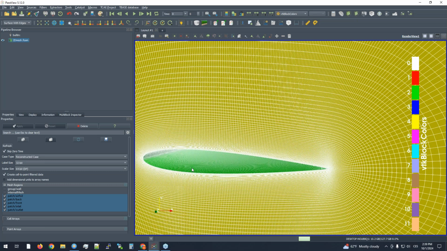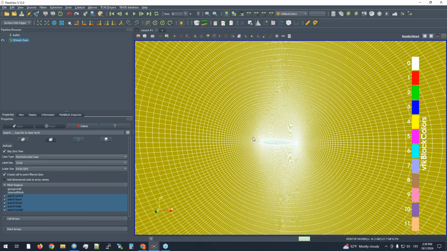In a similar way, you can extrude it with more cells to create a 3D mesh. But for example, if this mesh has 50,000 cells, I guess something like this, and you extrude it 100 cells in the Z direction, then you will have, quick counting, 5 million cells. Yes, a 5 million cells mesh, which is then more